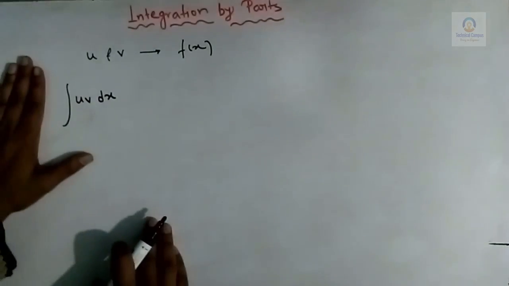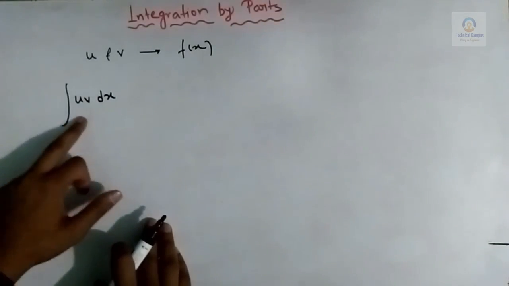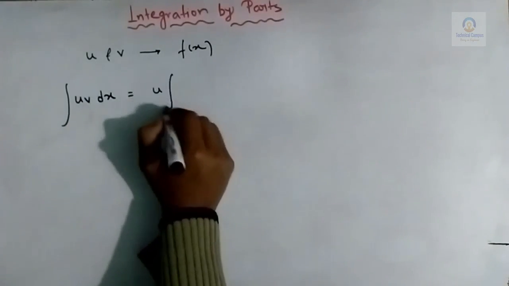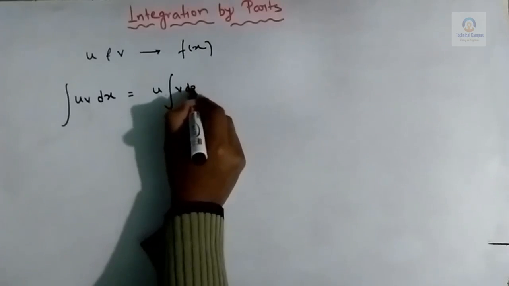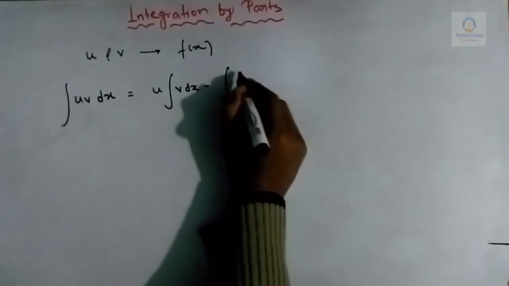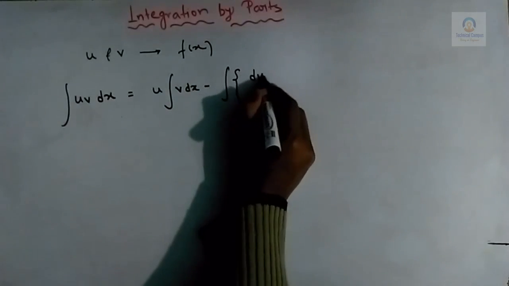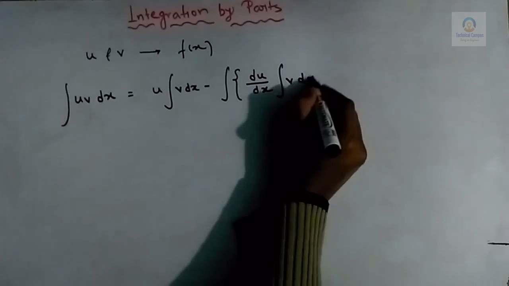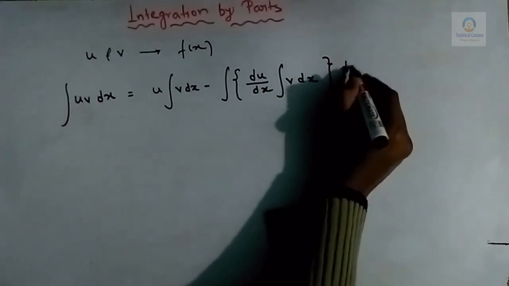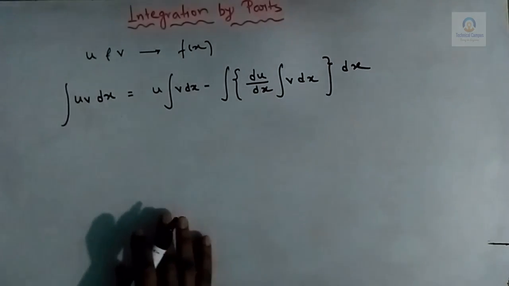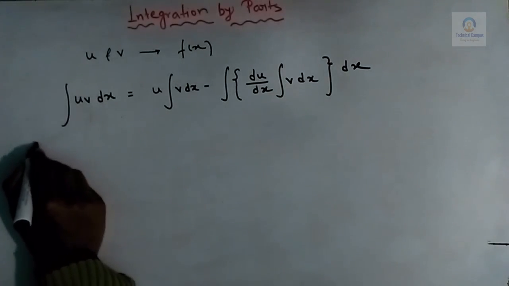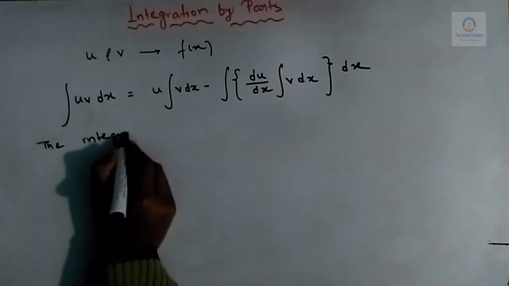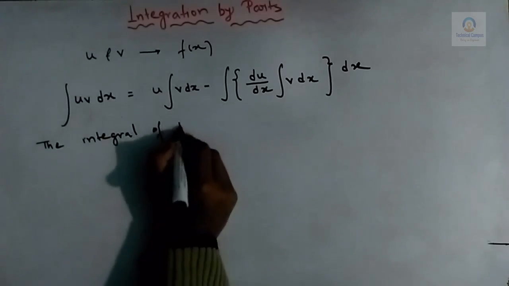If we want to calculate the integration of the product of u and v, then the formula is u into the integration of v dx, minus the integration of du/dx into the integration of v dx, into dx. So we can write that the integral of the product of